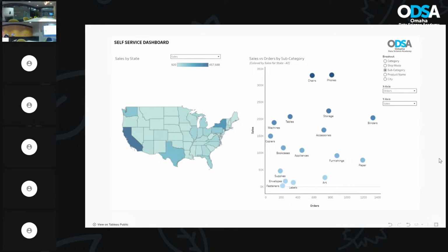Again, a self-service dashboard is a little bit different than just a static dashboard that you would build and present once. It's something for when you're getting a ton of questions that are all pretty related, but slightly different, and you want to build one thing one time and let everything